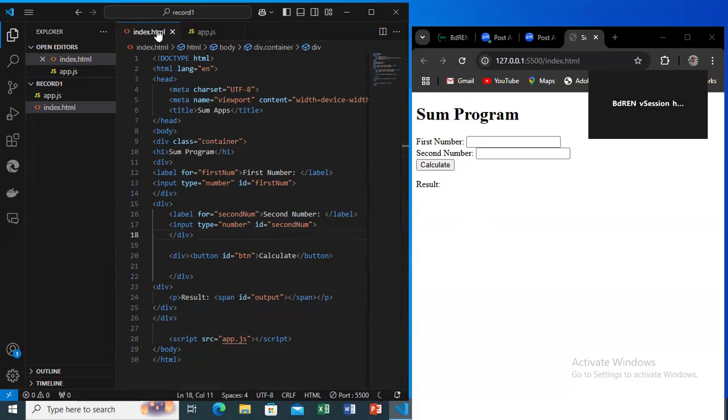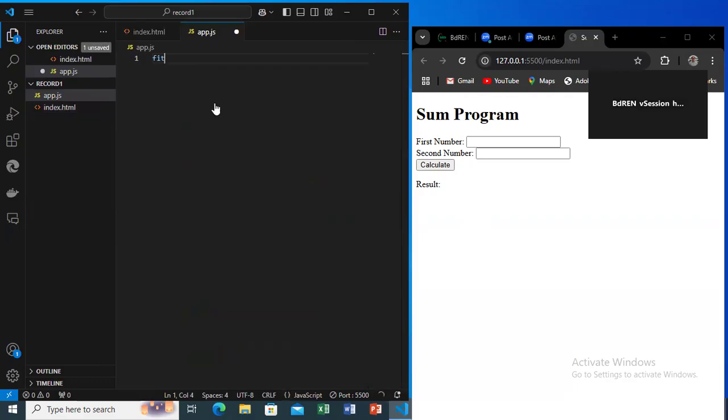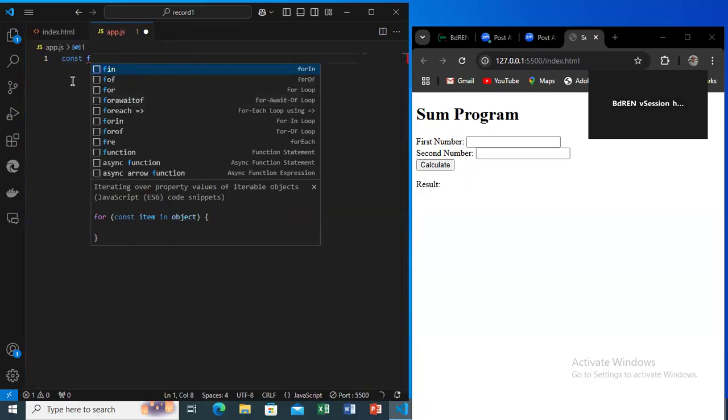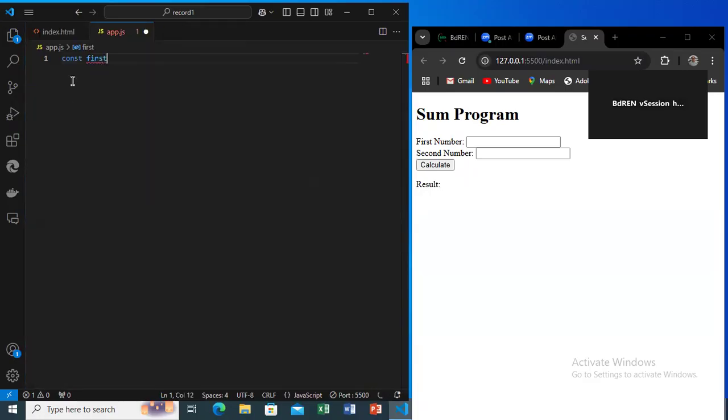So next, go to the JavaScript portion. We have to bring in the elements, say create a constant. Minimize the left side portion. Take the first number, say